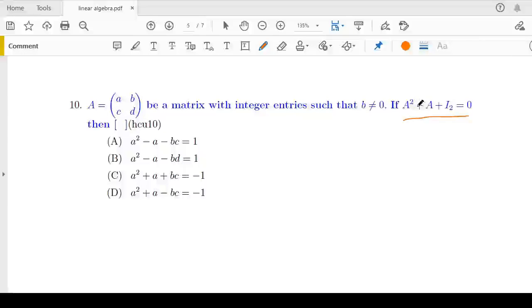Therefore by Cayley-Hamilton theorem, every matrix satisfies its characteristic polynomial. Therefore lambda square plus lambda plus 1 equal to 0 is the characteristic equation for this matrix, right? Therefore take C common. Therefore 0 1 0 and D equal to A square equal to 1 0. Now apply the A square value.